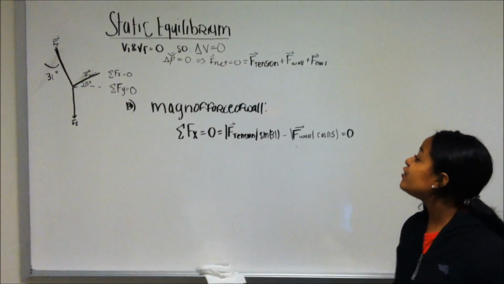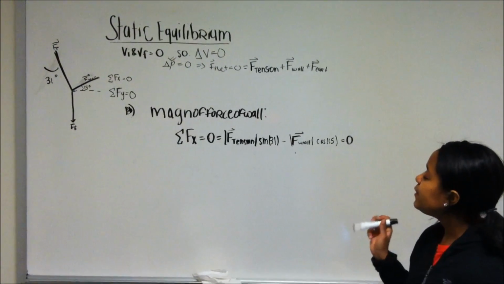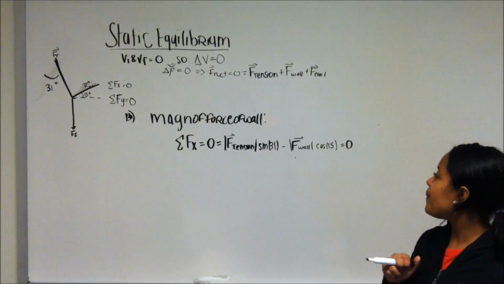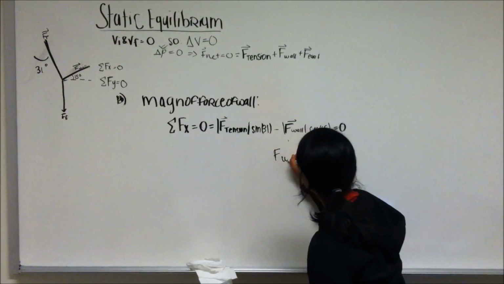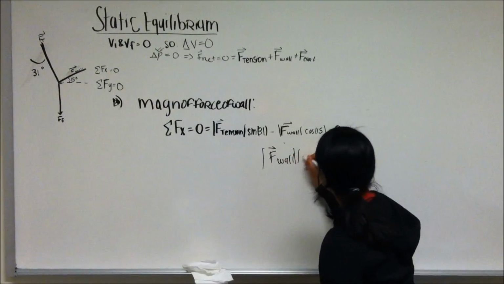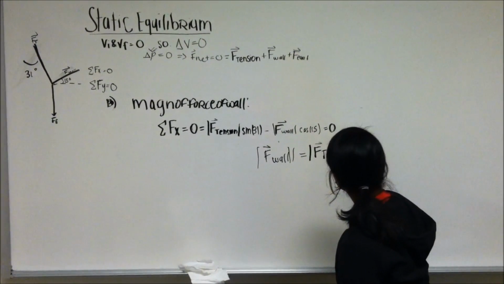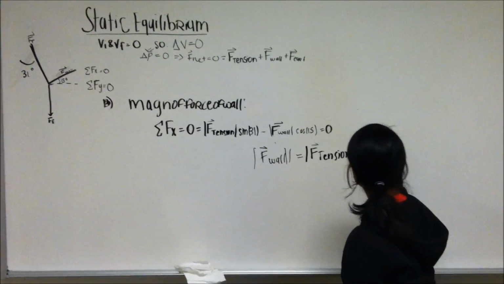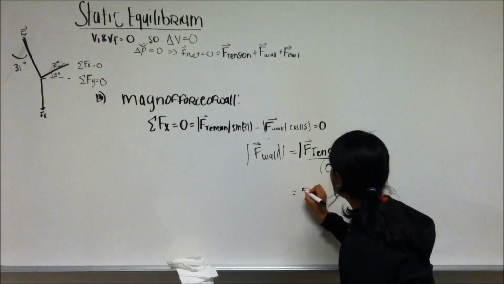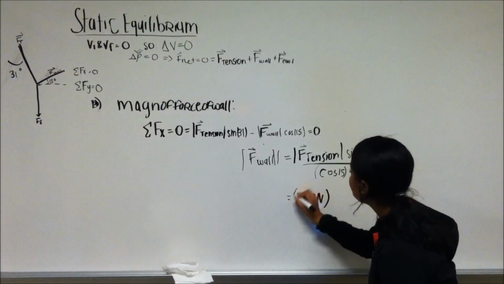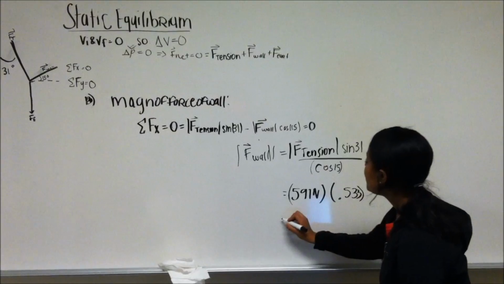Part B of the problem asks us to find the magnitude of the force of the wall. So again, we know that the sum of the forces in the x direction is equal to 0, which is equal to the magnitude of the force of tension times sine of 31 minus the magnitude of the force of the wall times cosine of 15. To isolate the force of the wall, we get the force of the wall magnitude is equal to the magnitude of the force of tension times sine of 31 over cosine of 15. We remember that the force of tension was equal to 591 newtons from the previous part of the problem. Sine of 31 over cosine of 15 is equal to 0.533. So when you multiply those together, you get a magnitude of